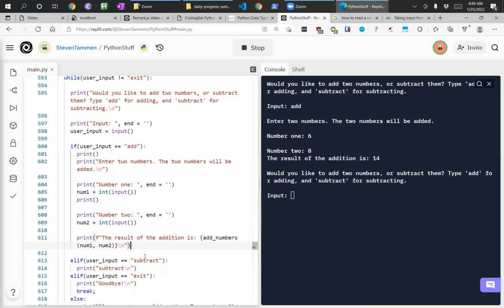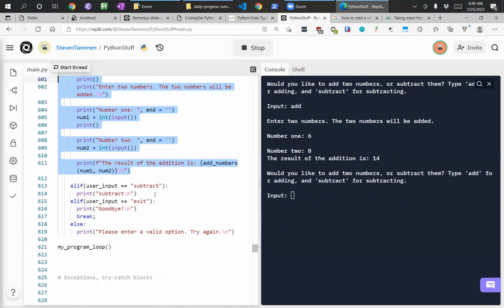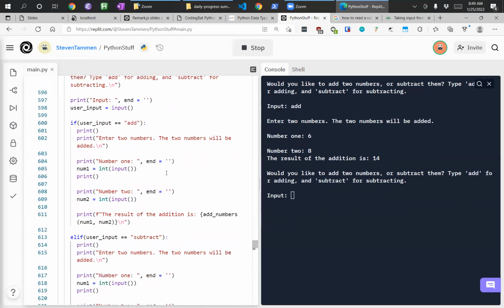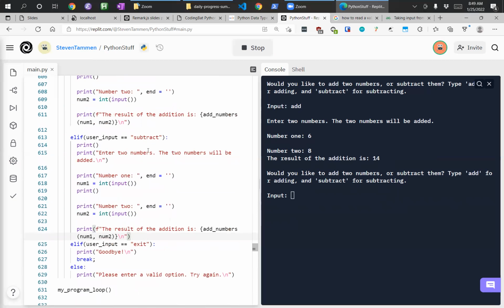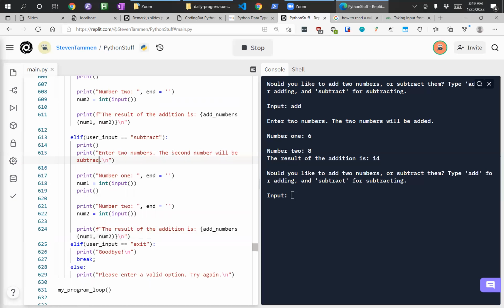So that was our add case here. Now, you know what we're going to do is go ahead and just copy all of this. And this is going to be pretty similar. So we're just going to paste it here. Except we're going to want to modify our message. We're going to say the second number will be subtracted,